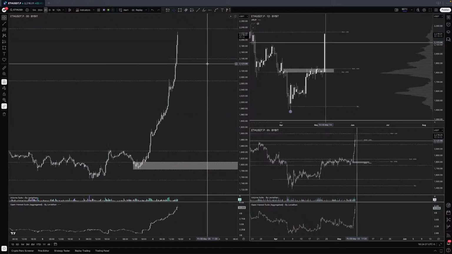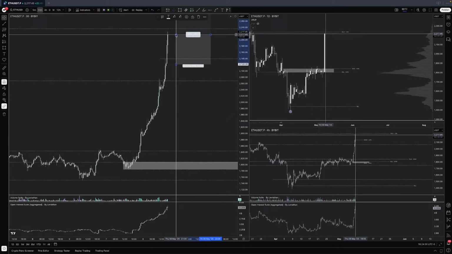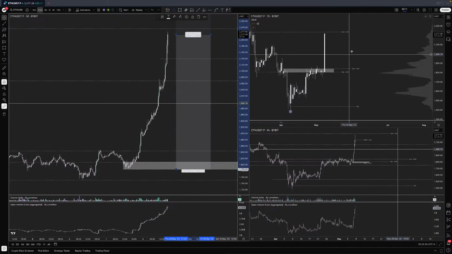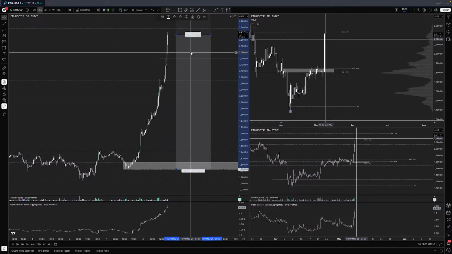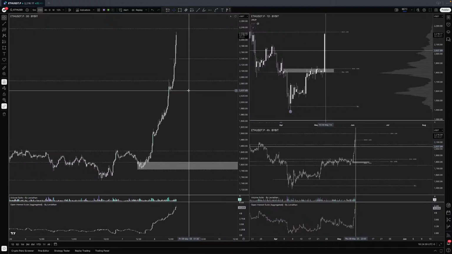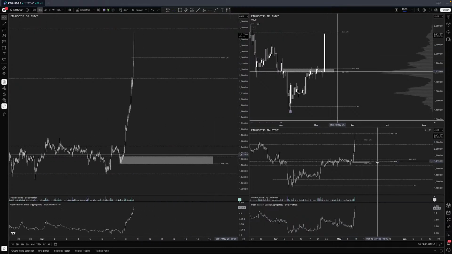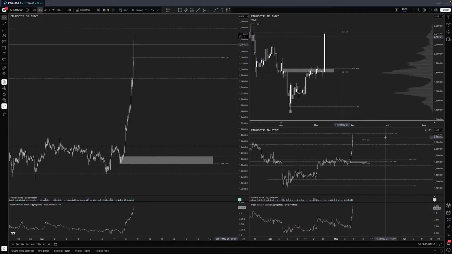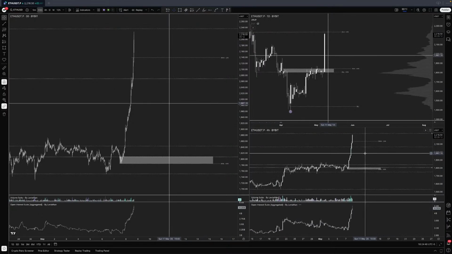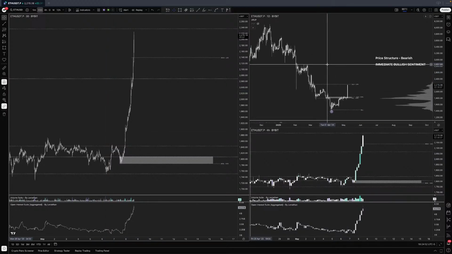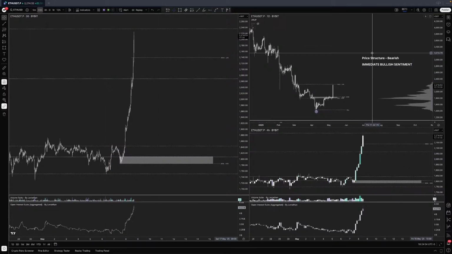Where are you going to place a trade here? You're going to go long here, and your stop loss is going to be below this. You can use this on the daily or possibly on the weekly chart, but for now I wouldn't FOMO in, to be honest. So now that we have this, what we're going to analyze is where we possibly could have gone long here. The immediate price action on the weekly chart is bullish. The immediate price action on the daily is bullish sentiment as well.